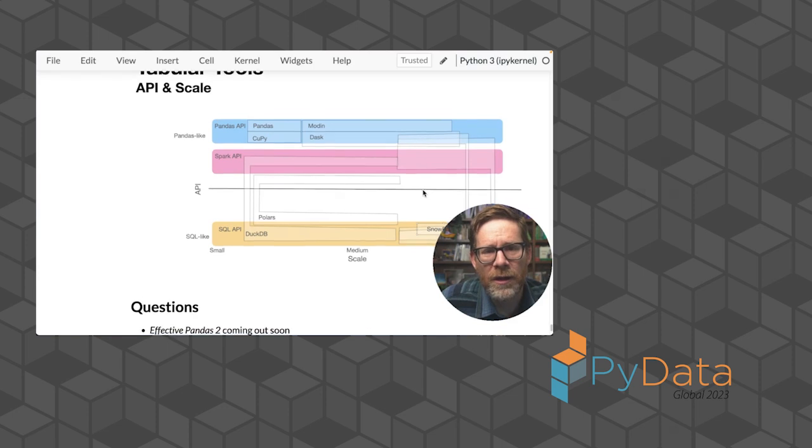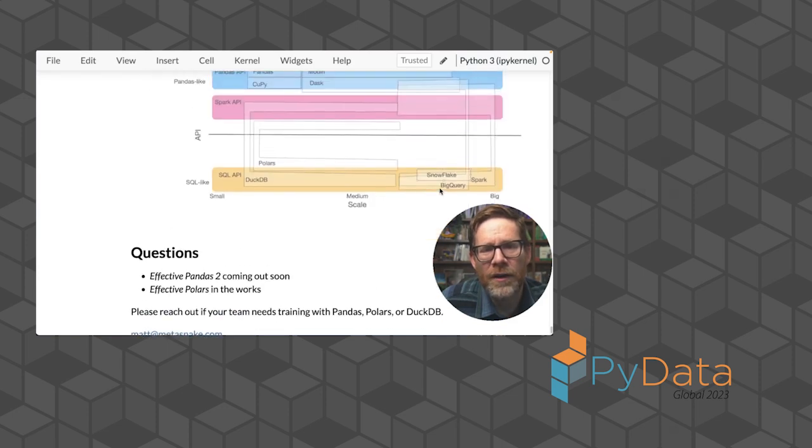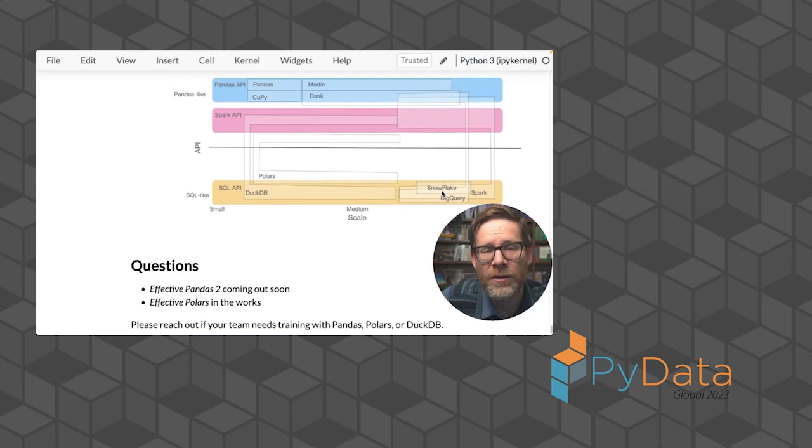So from Spark here, my face is kind of covering it, but Spark is sort of big data in SQL. You can do Spark SQL, but you can also do the Spark API, which actually has some pandas for big data there. BigQuery, that's Google's big SQL, actually recently announced that they're having a Pandas API as well. So you can kind of see that coming up here, like you can run your Pandas code on BigQuery with that. And then Snowflake,